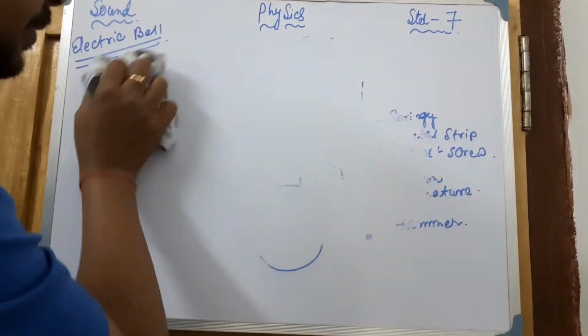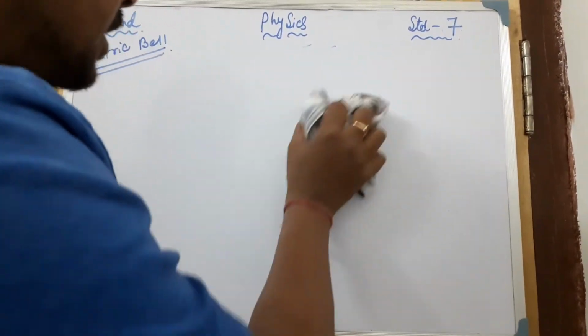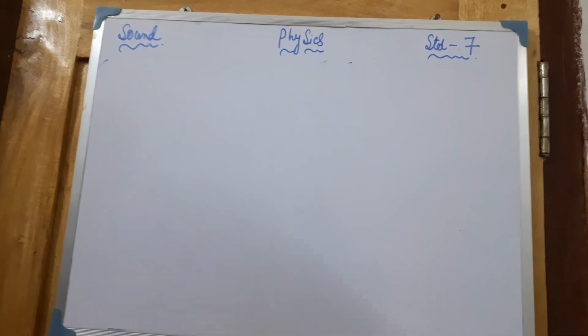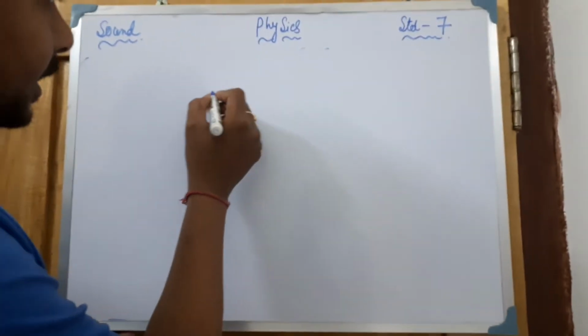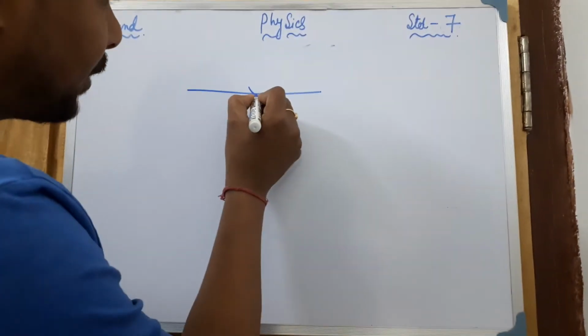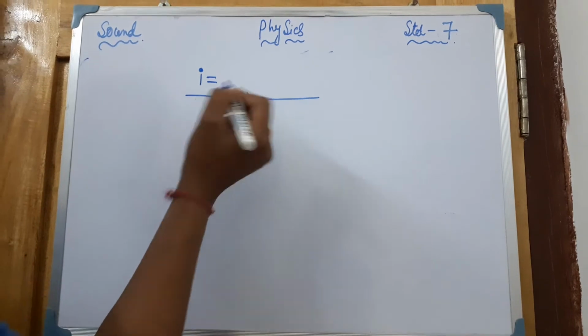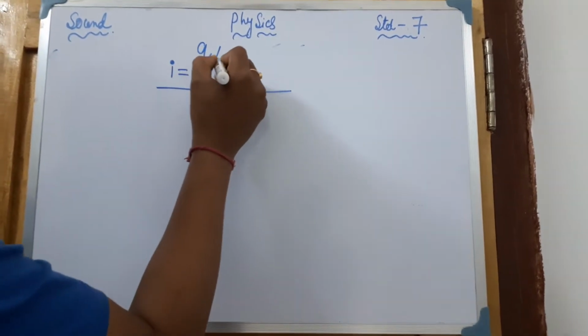Next, magnetism we have just completed in this chapter. Now we'll talk about electricity. If you are talking about the sources of electricity, different types of electricity, the cells, all these things are present. Today we'll complete this chapter. This chapter is the last chapter of your syllabus, and questions will come from here.